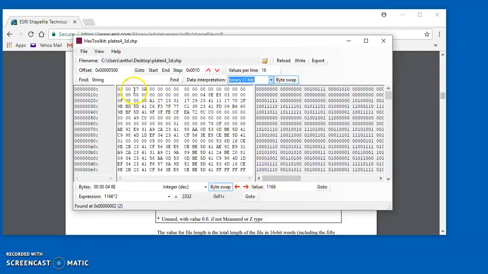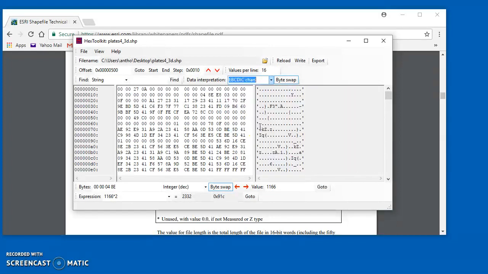So for example, 27 here is 2 and 7. And EBCDIC, if you're interested in that old character set, you can choose that too. Some of the older formats might use EBCDIC, but generally the ASCII characters, which is this first one here, is